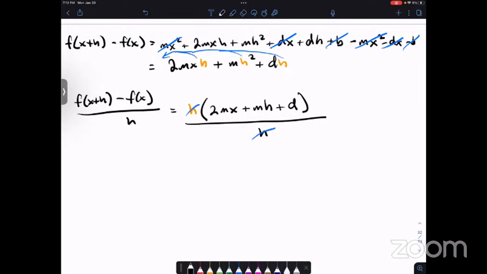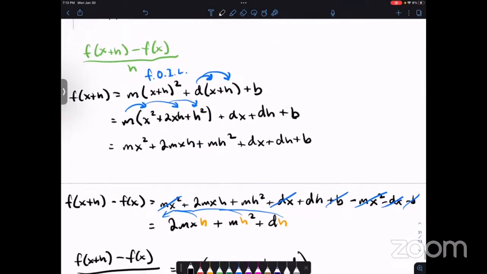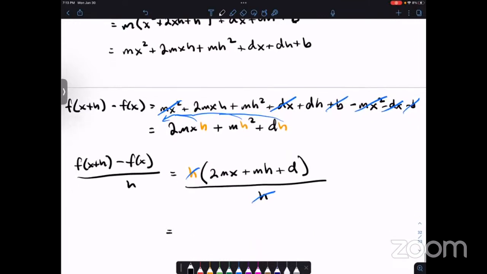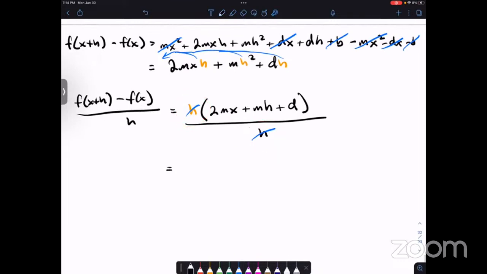And again, the main trick with this stuff is being neat and organized. For these long equations, break them apart, do them part by part. Do the f of x plus h first, you get a result. Now subtract f of x, be sure to distribute the negative, get a result. Ideally, at that point, you should have the orange h's like you see at the top of the screen. Factor out that h, divide by h, because that's the next part of the difference quotient. If you're able to get to this part, that's the main challenge. Once you can factor out the h's and cancel, you're pretty much home free from that point. Because once we cancel the h's here, we're left with 2mx plus mh plus d, okay?